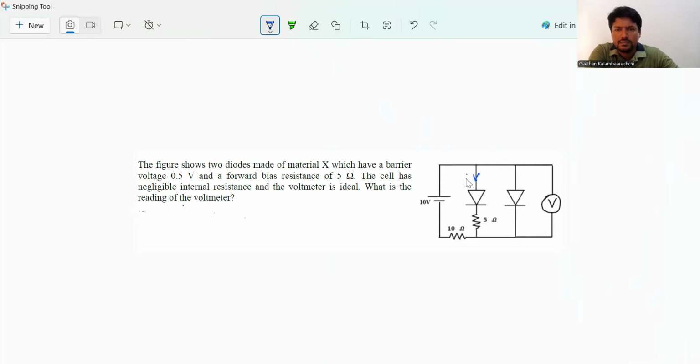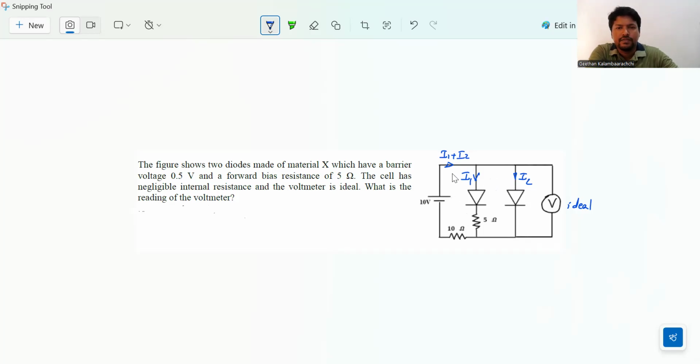So there are two currents passing through the diodes, I1 and I2. And the total current here will be I1 plus I2. And there is no current through the voltmeter as it is ideal. So it's just measuring the voltage. Right. Then